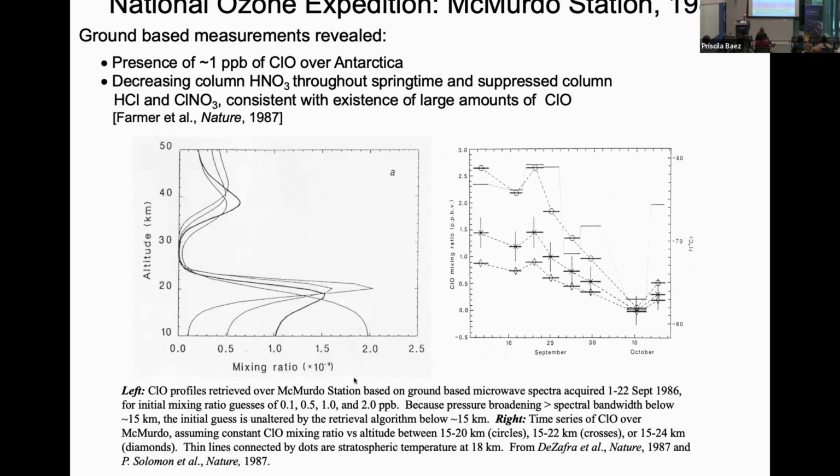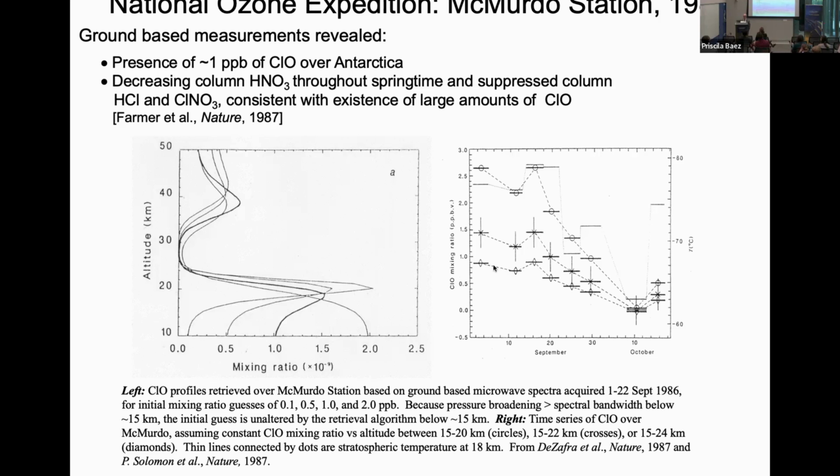Let me explain this. This comes from two papers by Bob DeZafra and Phil Solomon, no relation to Susan Solomon. This shows a profile of the abundance of ClO, chlorine monoxide, a radical that depletes ozone, as a function of altitude. And Molina and Rowland predicted it should maximize at 40 kilometers and deplete ozone up high. There's not much ozone up high. If we depleted all the ozone up high, we'd have a slight increase in UV light. There's a huge amount of ozone down low, but down low, we don't expect there to be any ClO, yet there is.